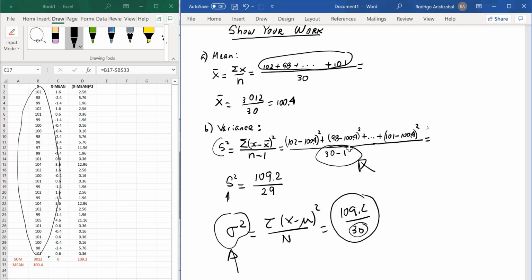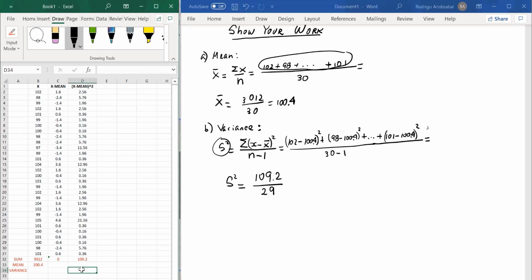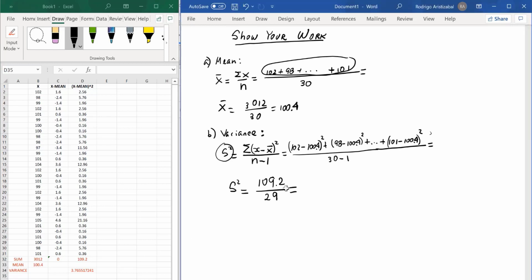That is the variance of my sample. Then the variance of this sample will be obtained dividing the sum of all squared deviations by 29. And that is the value that we obtain in StatCrunch. Then we can write it in our work in this way: